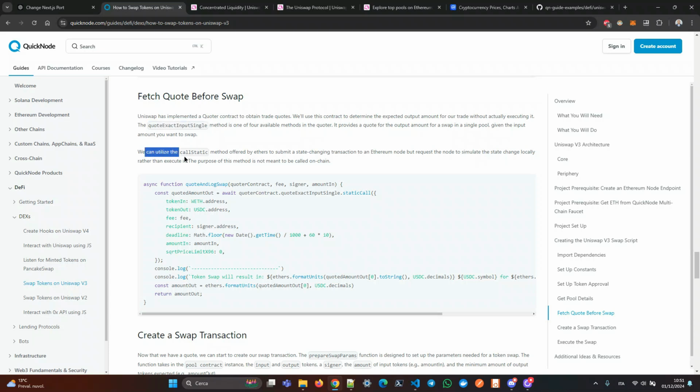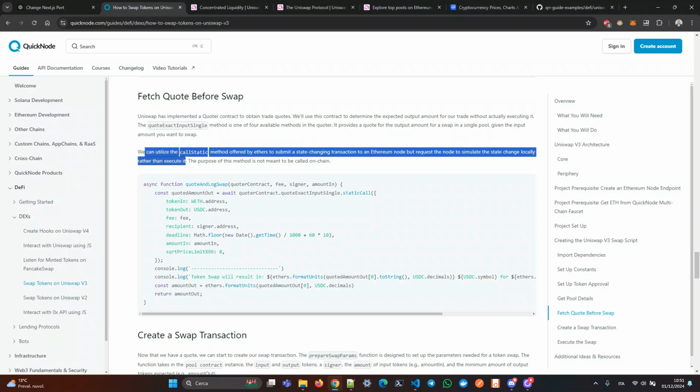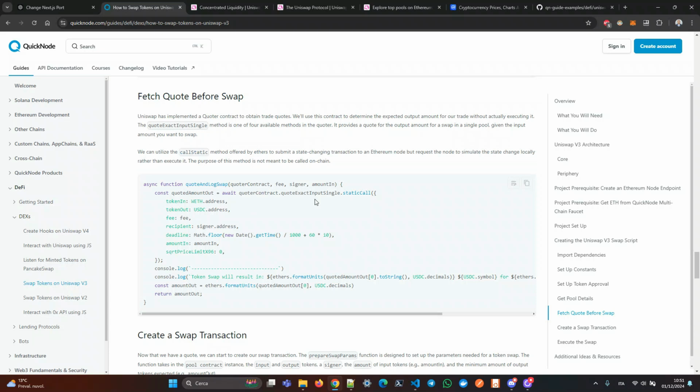And here it is calling the callStatic method offered by the library Ethers.js to submit a state changing transaction to the Ethereum node, but the Ethereum node should simulate the state change locally rather than executing it. So the purpose of this method is not meant to be called on chain. So we are not calling the method on chain, but we are simulating this call here with this static call